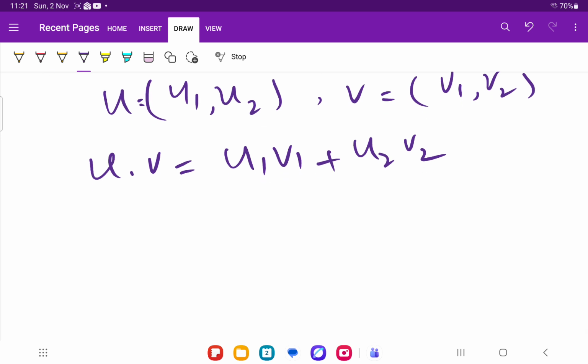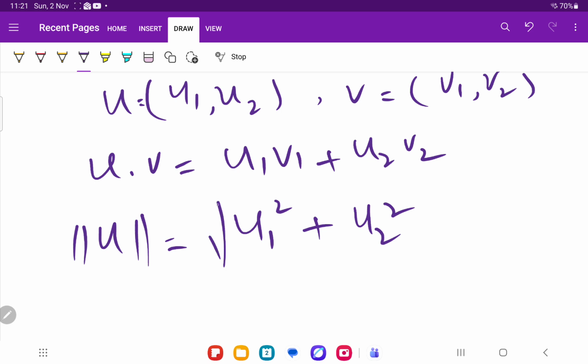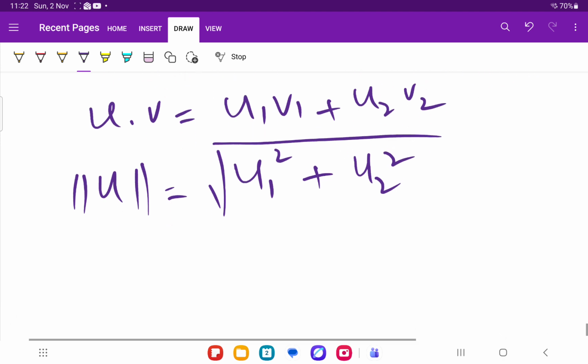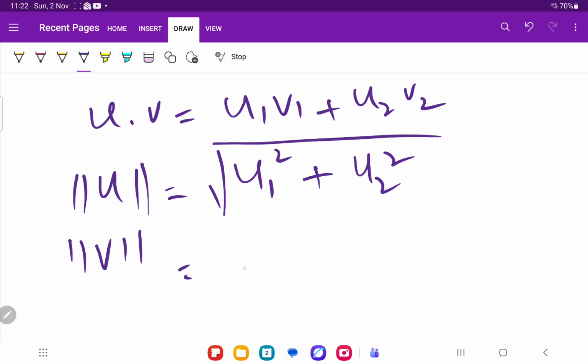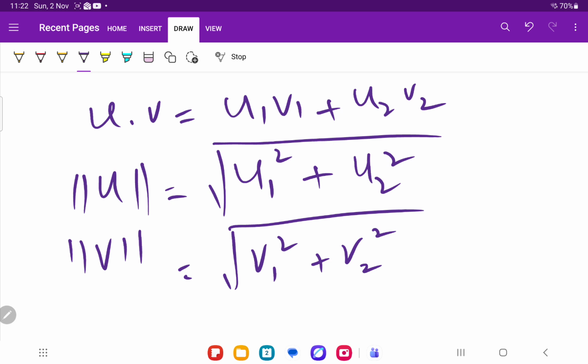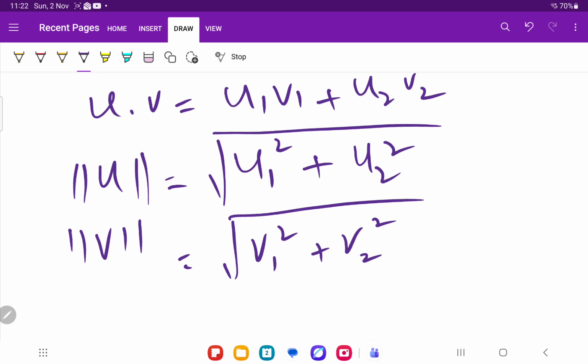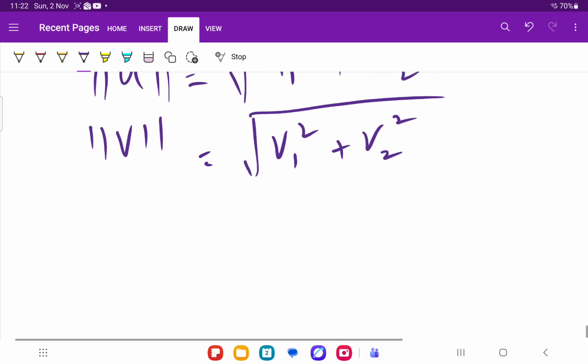And similarly, the norm for each of the vectors will be taken separately. So for the norm, whatever we have, we take the square plus u2 square, and then after all we'll take the square root of all the components after squaring, and then norm of v will also be the same, v1 square, v2 square, and so on. We have to take the square root. So it is relating to 2 dimension. If we have further dimension, just add v3 square and so on, like that, okay.